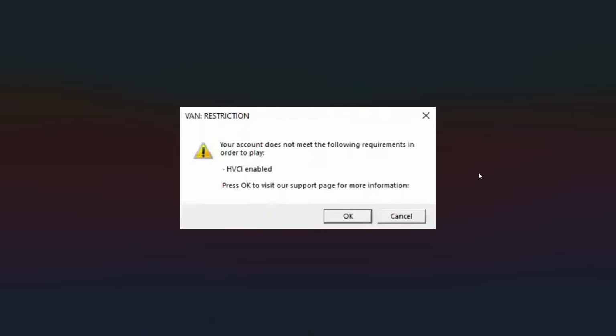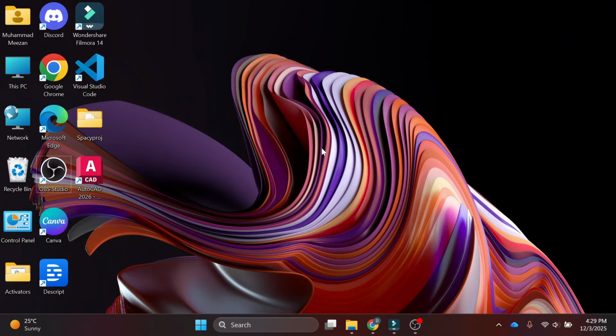First, understand why this error happens. The HVCI enabled error in Valorant happens because Valorant's anti-cheat system, Vanguard, is not fully compatible with a Windows security feature called memory integrity. So to fix this, the first thing you need to do is go to your desktop